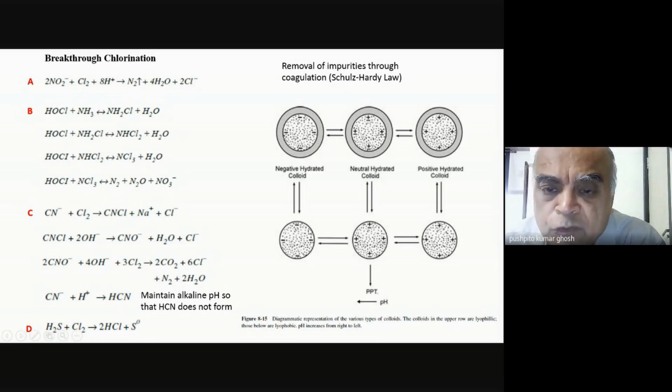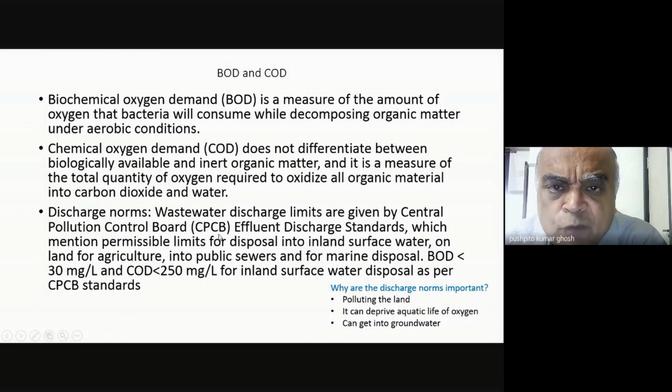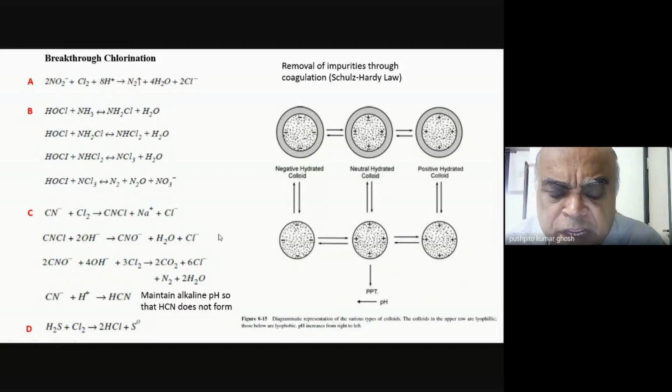Okay, so that would be another. So I think you've got some feel for the kinds of things that one needs to do to really remove chemically many of these